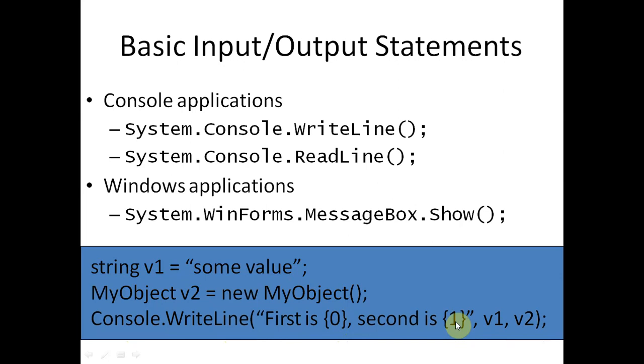Like in the C language, where we use %d for integer, %f for float, and %s for string, here we don't have to write the format specifier. We just write 0, 1, 2, 3, 4 accordingly. Suppose we have two variables, then we write 0, 1. Suppose we have three variables, then we write 0, 1, 2, inside the curly brackets. So v1 will be displayed at the 0 position and v2 at the 1 position. We need not define any format specifier while printing anything.